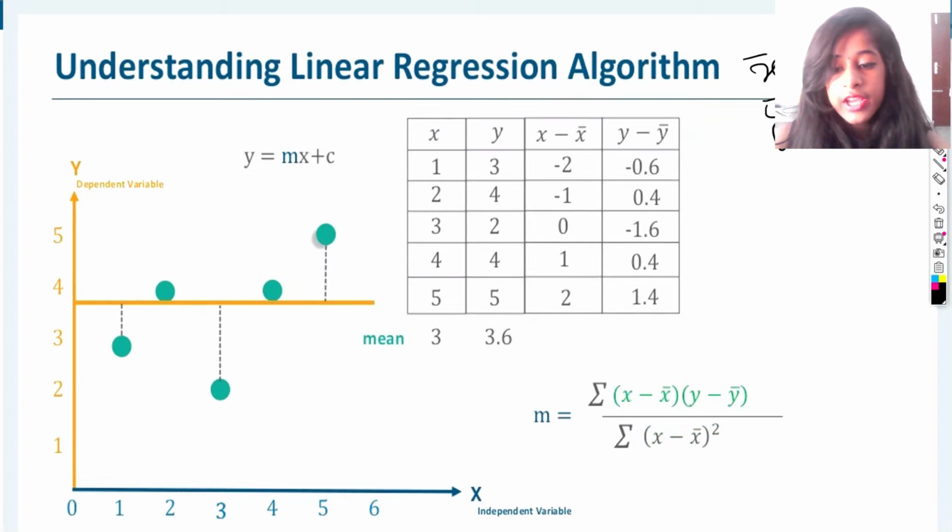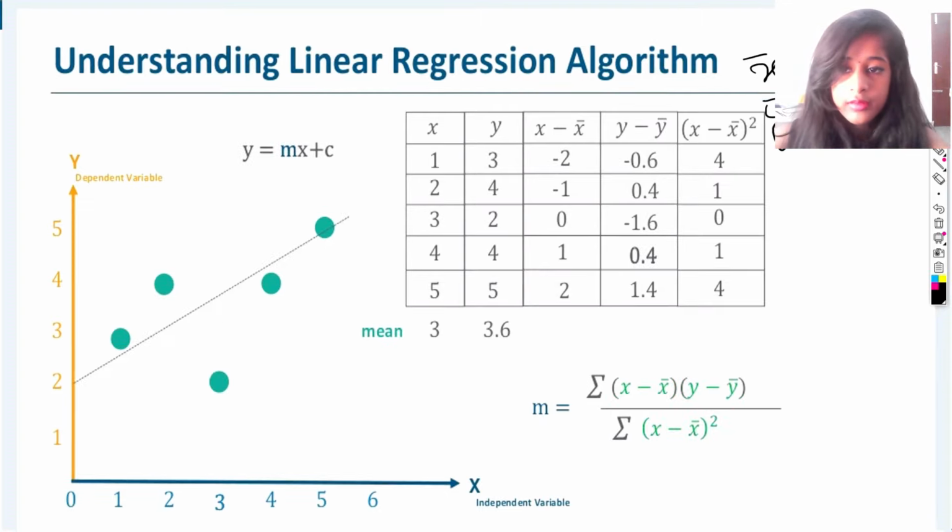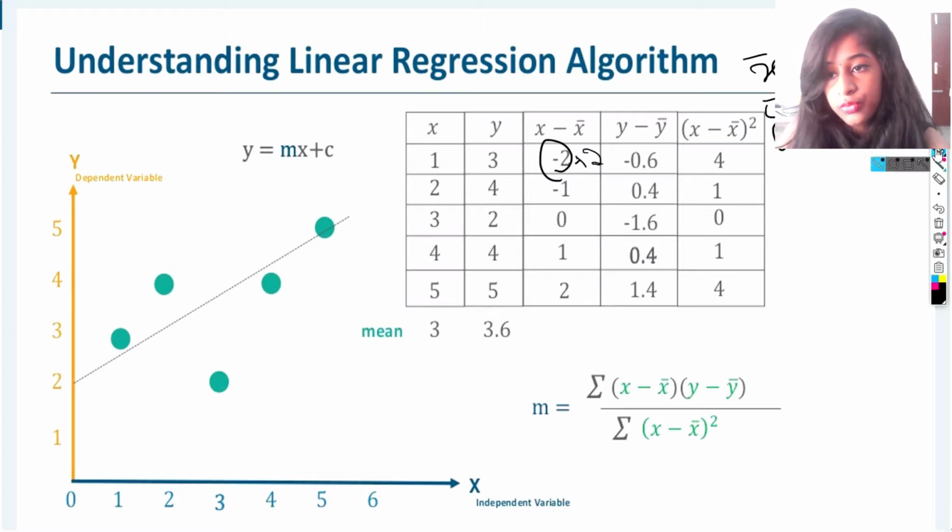And now what we're going to do is x minus the mean of x, whole square. So you can see now we have the whole square of it. How do we get this? When you square minus 2, minus 2 times minus 2 is converted into plus, so 2 times 2 is 4. That's how we're going to do it. So you got 4. Now we're going to check the values of it.